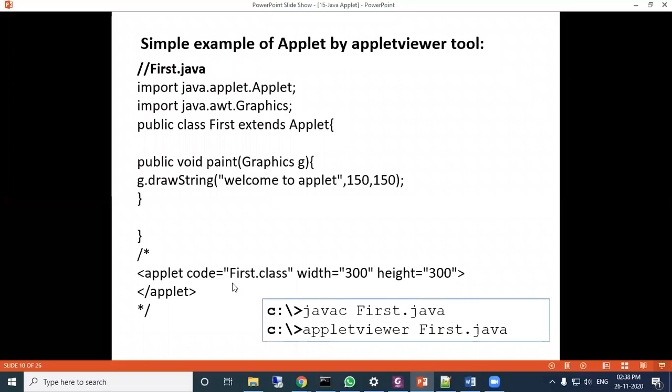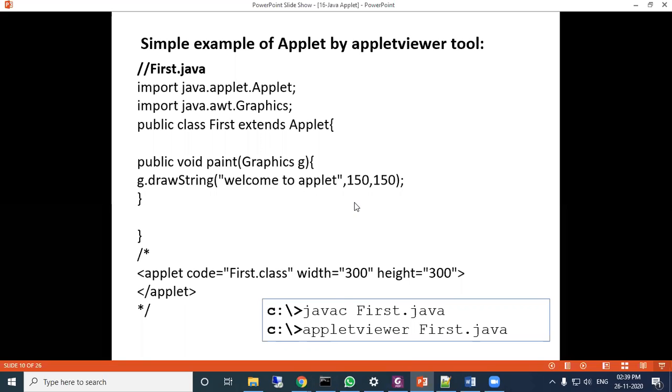In the HTML code you call the class file, and you set the width and height. The applet height in the window will be 300, that is, 300 height and 300 width. Your screen has some number of pixels, height and width. So this is the size, 300 by 300.